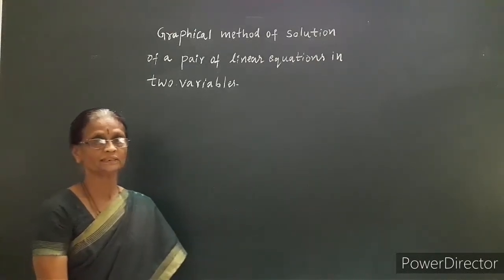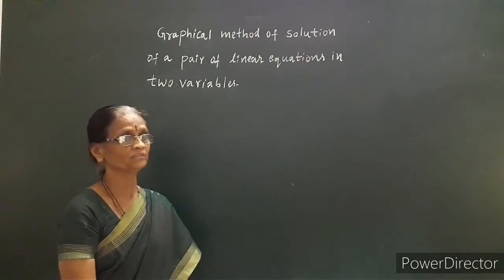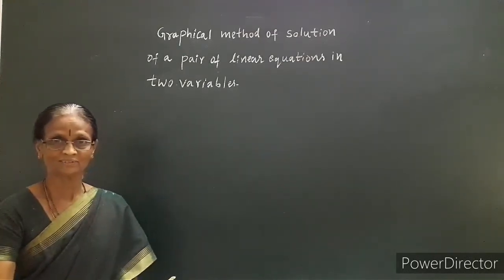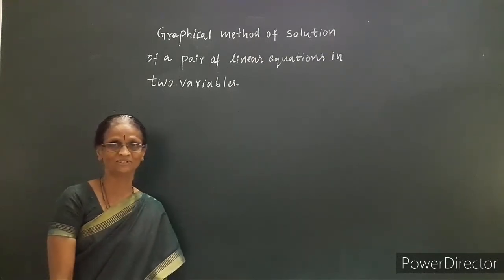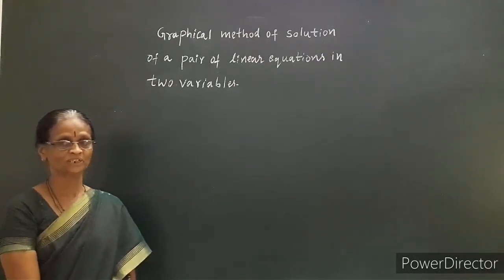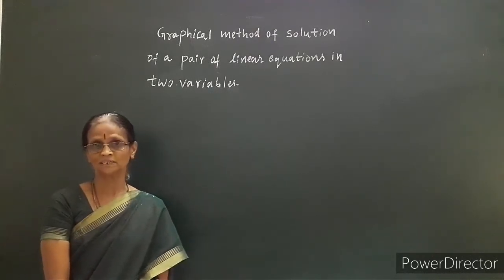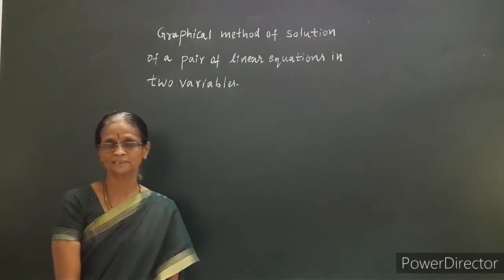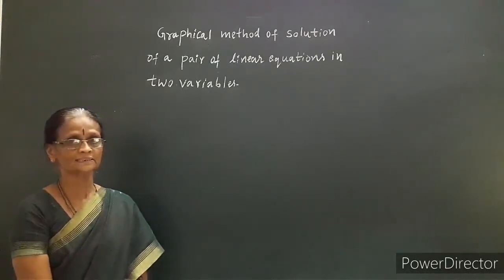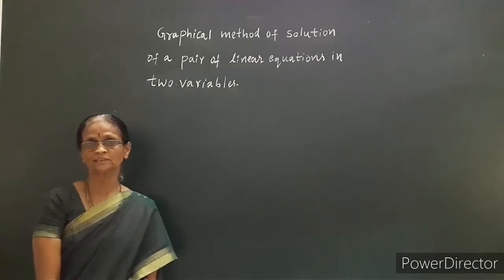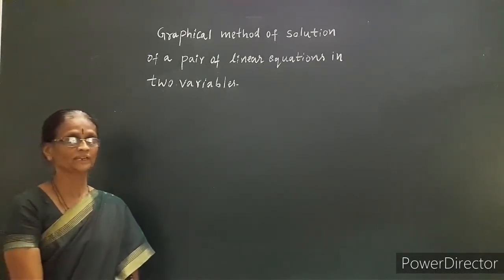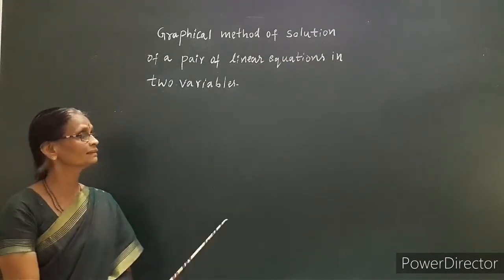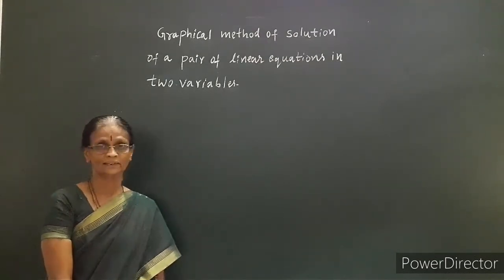Now we know that the standard form of a pair of linear equations is a1x + b1y + c1 = 0 and a2x + b2y + c2 = 0. The behavior of lines representing a pair of linear equations and the existence of the solutions depends on the condition of ratios of a1, a2, b1, b2 and c1, c2. Let us learn in detail the following table.